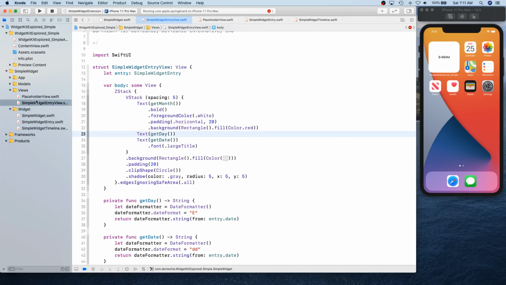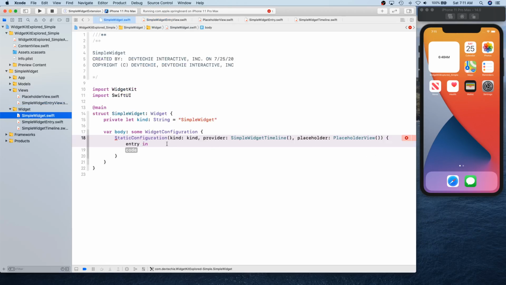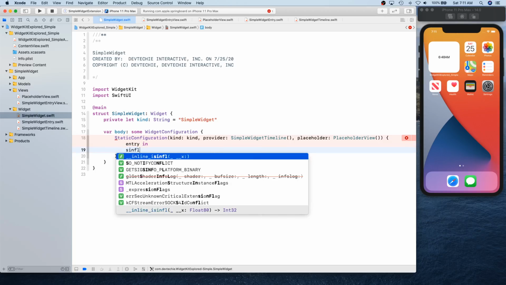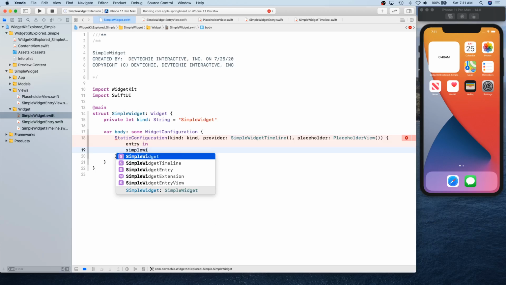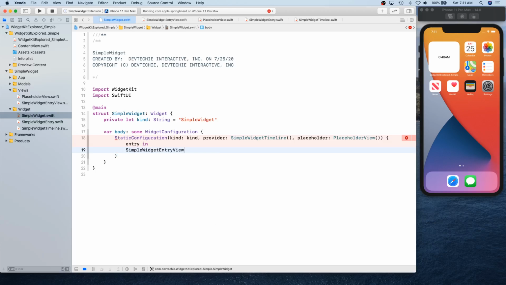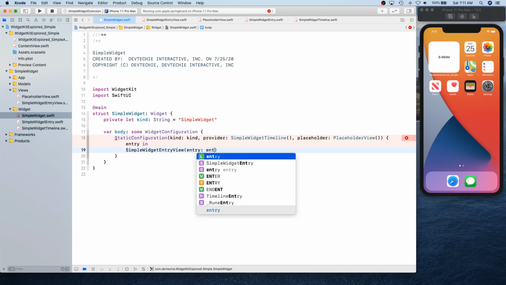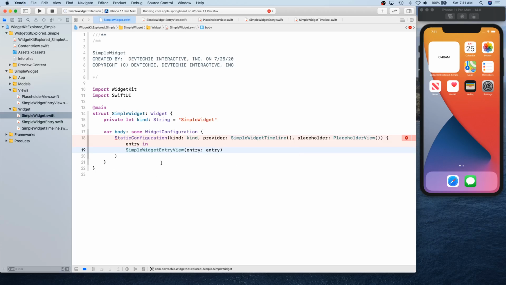Okay, so let's go ahead and go to our widget, and here we are simply going to say we have an entry. We're going to call simple widget entry view, and we're going to supply our entry that's been passed by the configuration to us.